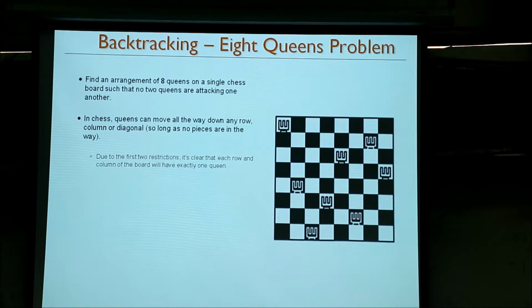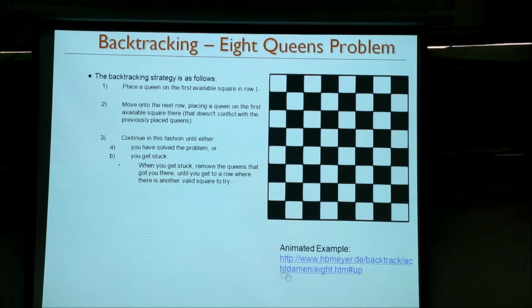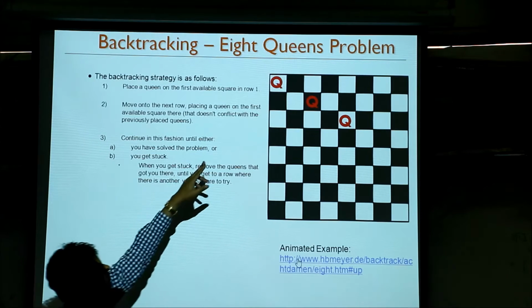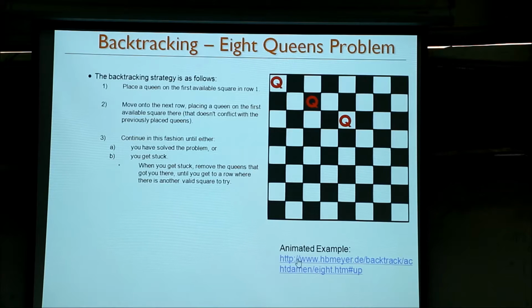There is a good animation where you can visit this site and play this 8 queens game, and it shows how to use backtracking on the 8 queens problem. So that's one solution, that you have these 8 queens. That's the backtracking solution. You start from here and place the first queen there, and then you try with this. So here this is blocked, these and these are blocked. You cannot place the queens here because this attacks the column, the rows, and also the diagonal. So these two positions are blocked. So you place the queens here and then you go on, right?